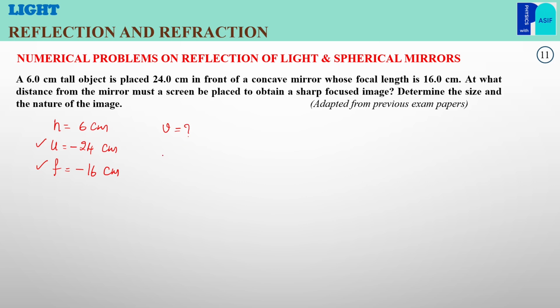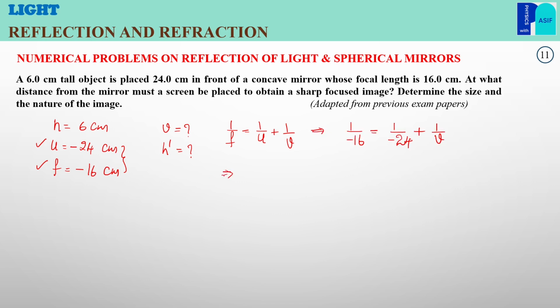And determine the size, that is the height of the image, h dash, and the nature of the image, that is whether it is a real image or a virtual image. First of all, we find out the value of v, that is, we use the mirror formula 1 by f is equal to 1 by u plus 1 by v, and substitute the values of f and u,